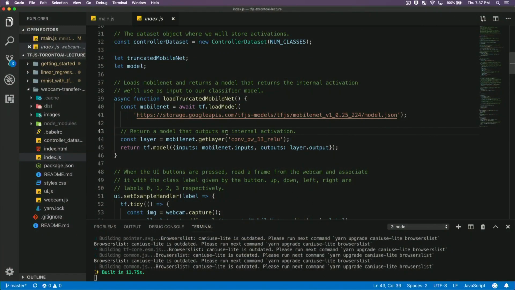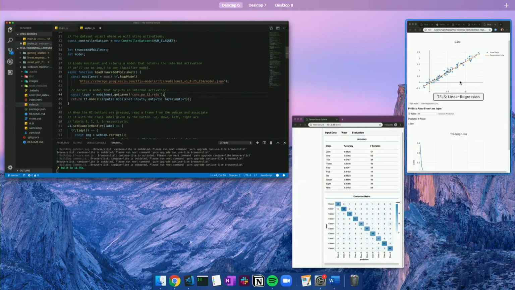So what they're doing here is they want to use the learning that is already embedded within this model, but they want to repurpose it. So once they've loaded that model, they're getting a particular layer from it. This is a few layers back from the output. And the way this is going to work is basically as follows.